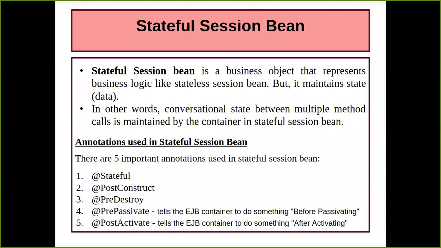So basically it is going to tell the container to do something before passivating. If any activity needs to happen, it needs to be informed to the container. If you want that, like before any activity happens with your program, such as a method invocation or any activity in your application that is going to occur after certain lines of code, then you can write @PrePassivate. It will indicate to the container that whatever has been written after this annotation is meant to inform the container that something is going to happen. So you need to give the hint.